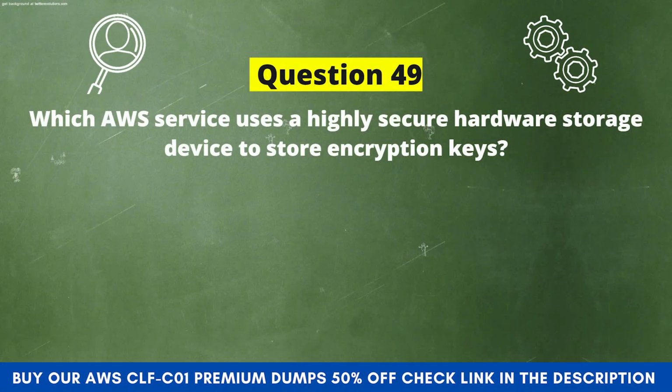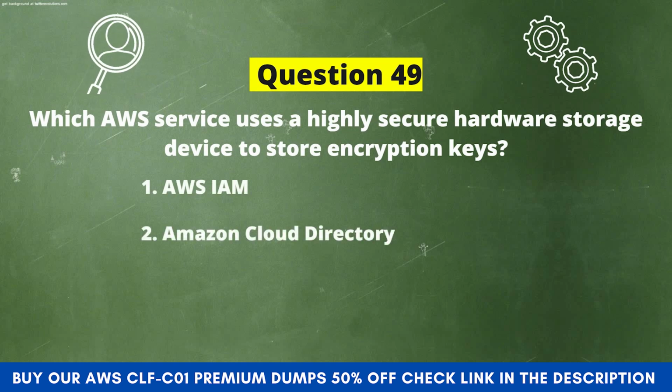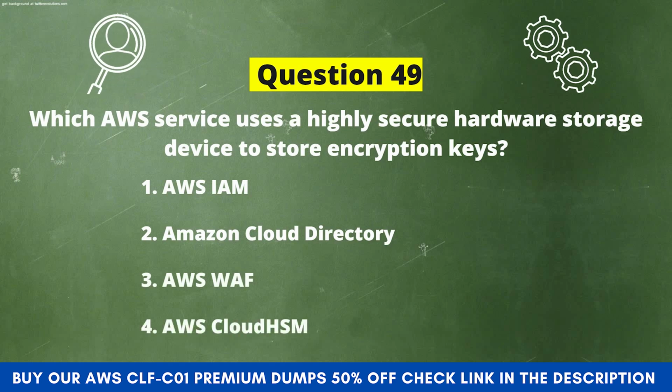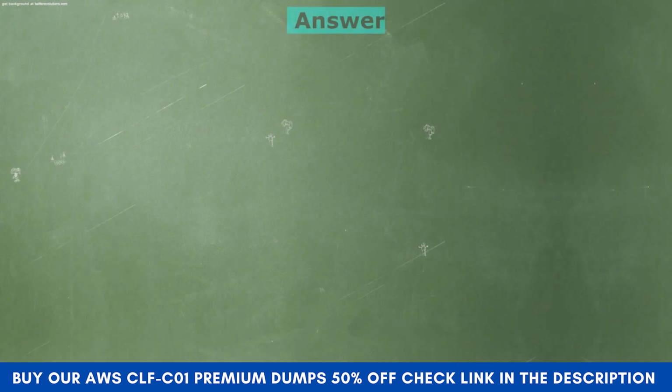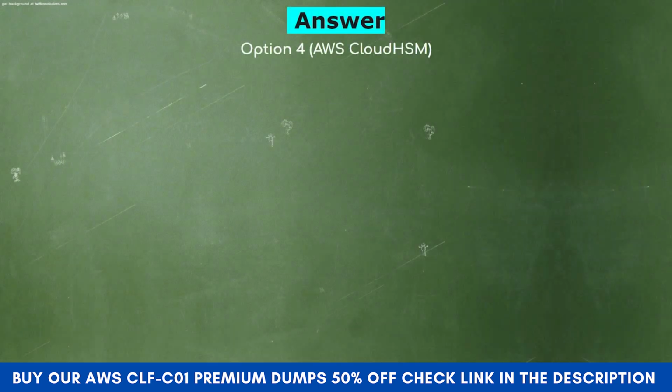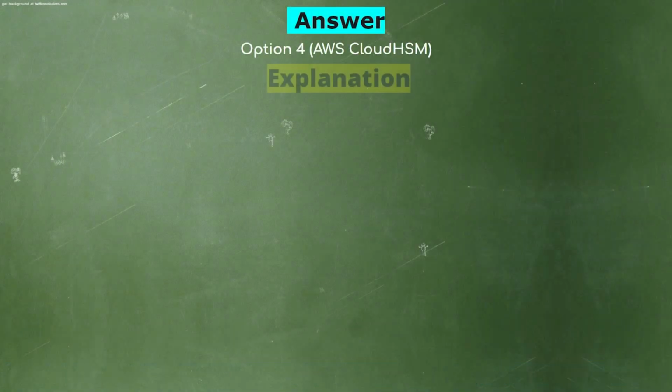Question 49. Which AWS service uses a highly secure hardware storage device to store encryption keys? Now the options are: Option 1, AWS IAM; Option 2, Amazon Cloud Directory; Option 3, AWS WAF; Option 4, AWS CloudHSM. And the correct answer is Option 4, AWS CloudHSM. Explanation: